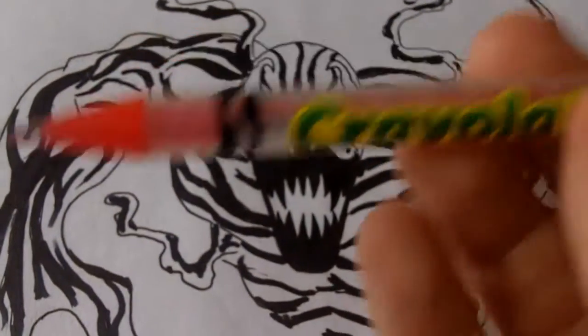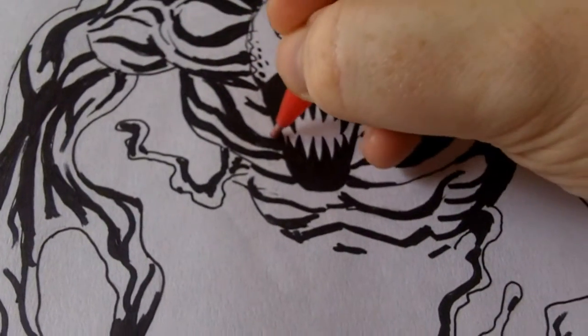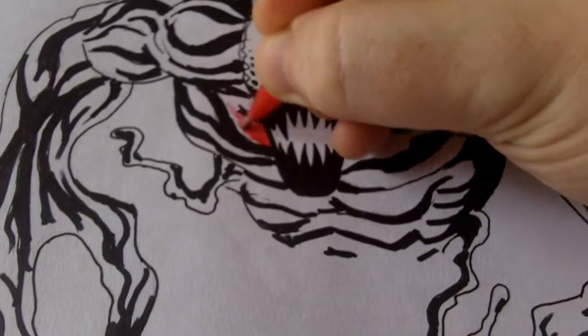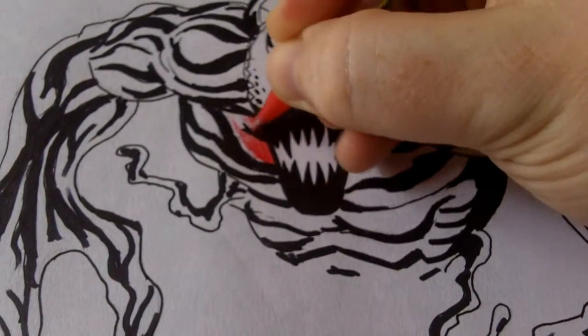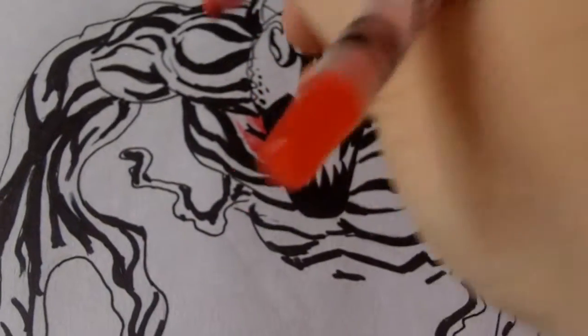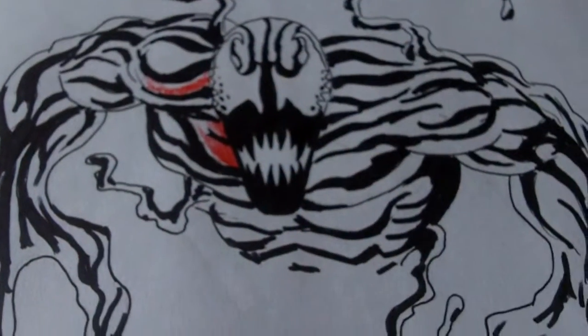I've got a thin Crayola twistable there, a red colour obviously, and we just need to lay in lots of this colour. I've got a thin one, but I've also got a thick one, which I should have started off with, but there we go. Start off with the thicker one, put the thin one aside,